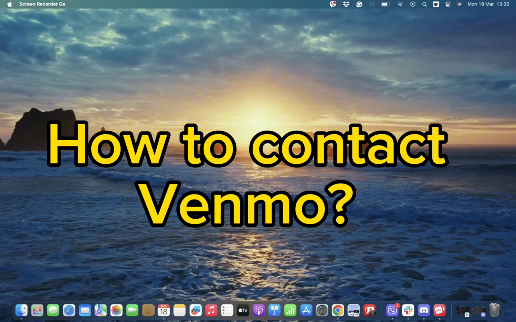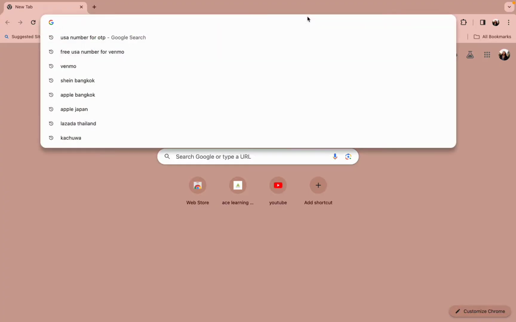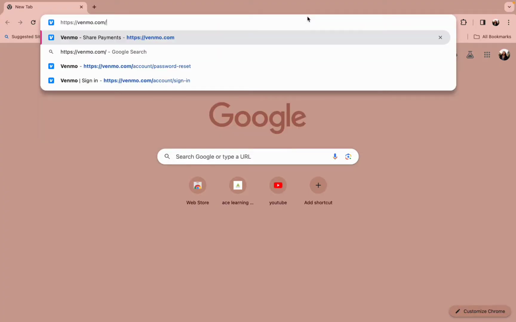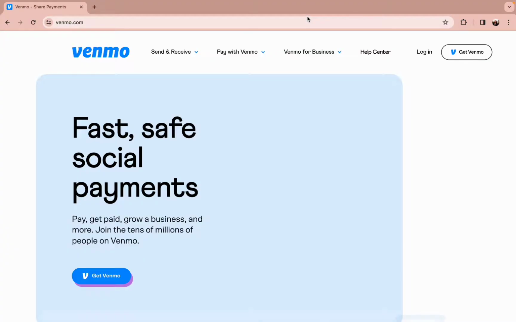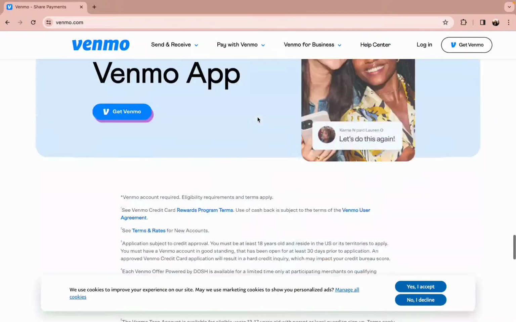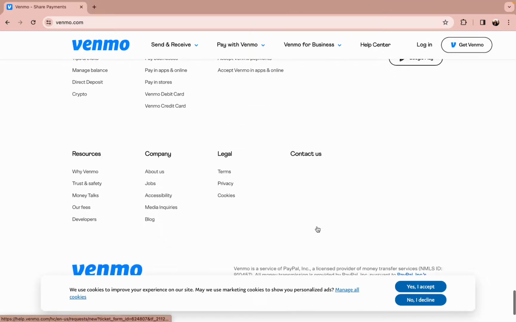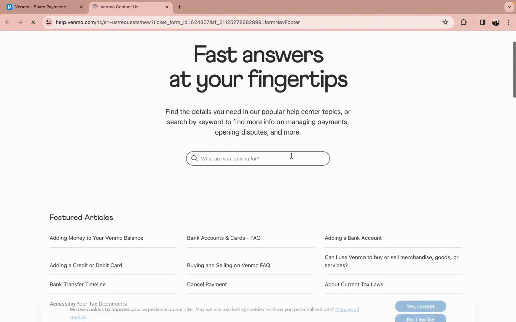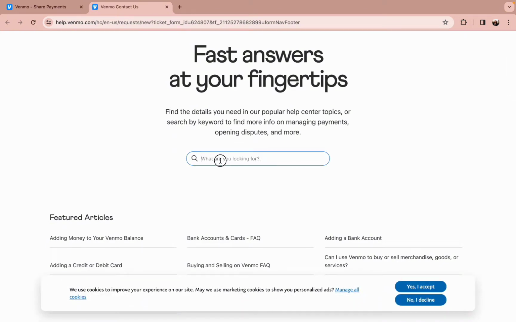So first and foremost, to contact Venmo, all you need to do is simply open a web browser of your preference and type in the URL www.venmo.com. Once you do this, you will end up on the official website of Venmo. So now all you need to do is simply scroll down to the bottom of the screen where you can find the contact option. So simply tap on it and you can type in any of the queries you want to contact Venmo for,